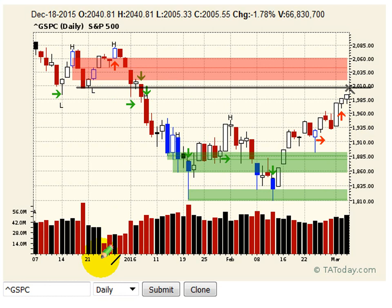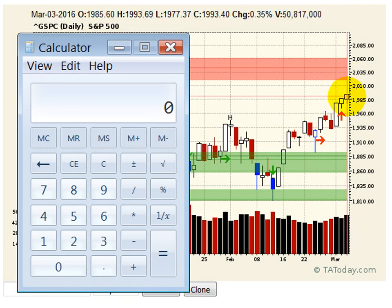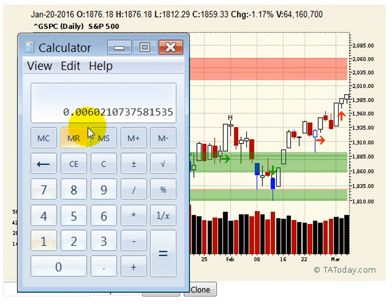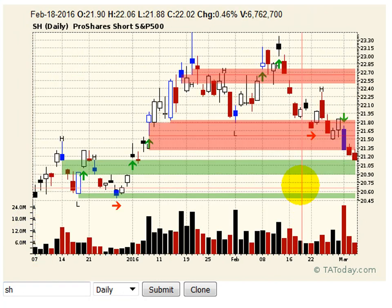So if we move over to the SHs, and actually if we do the math before we move over there, this closed at 1993. So if I pull this down a little bit, this closed at 1993. So that's basically a 12-point jump. And if we divide that by the 1993, you can get the percentage move that it's making. So it's that percentage. Now if we go over to the SHs and we look at that contract where it closed last night,